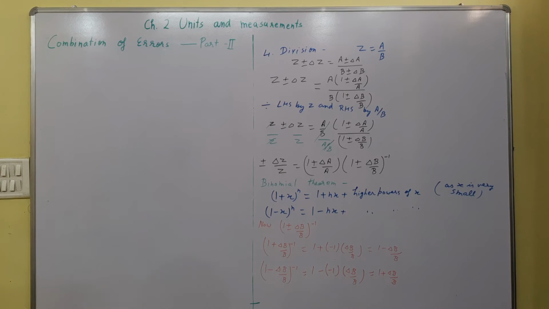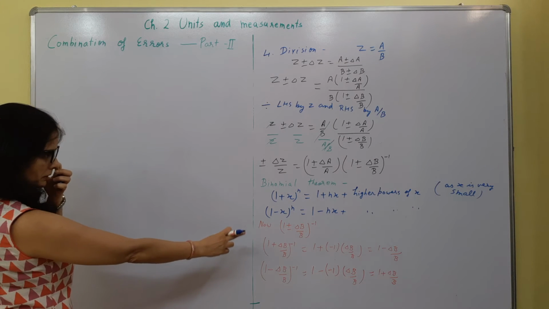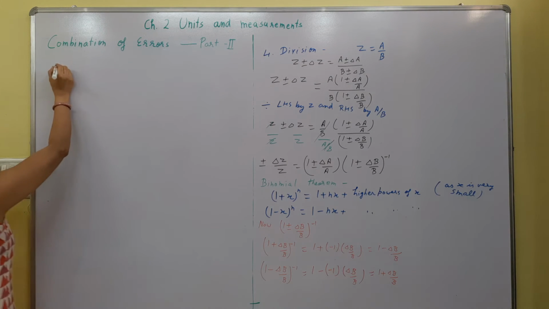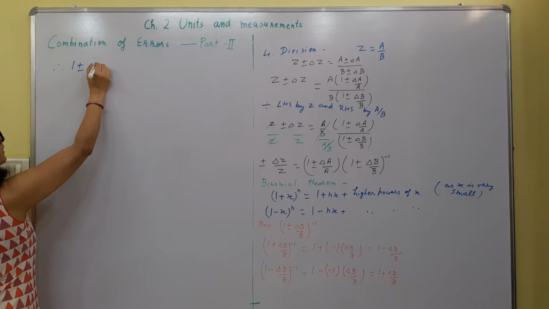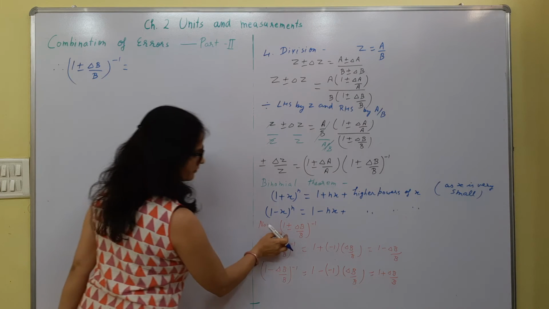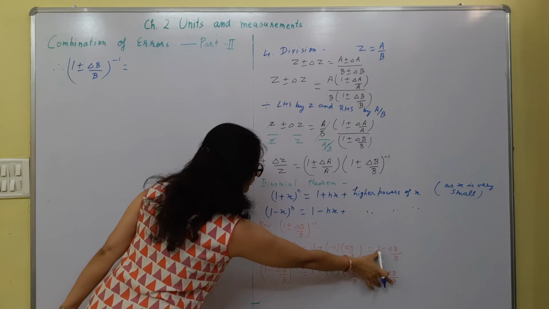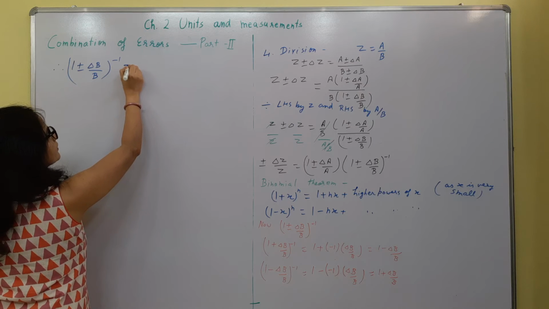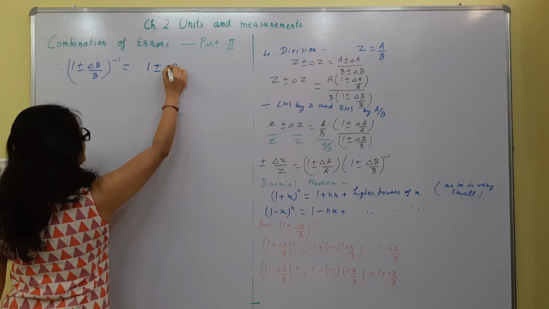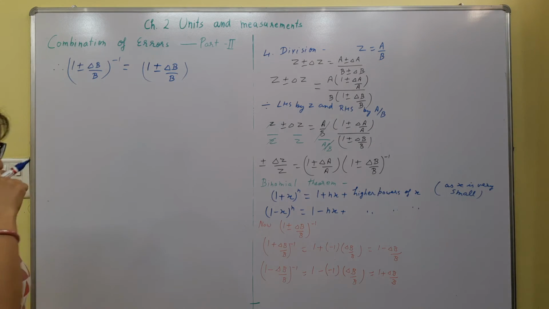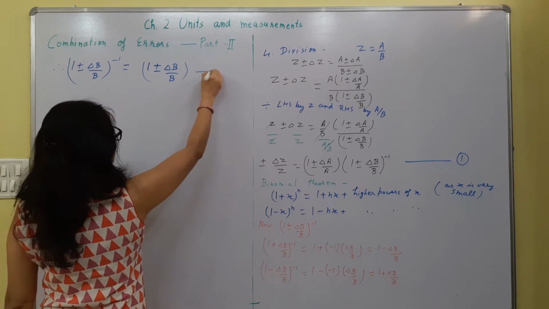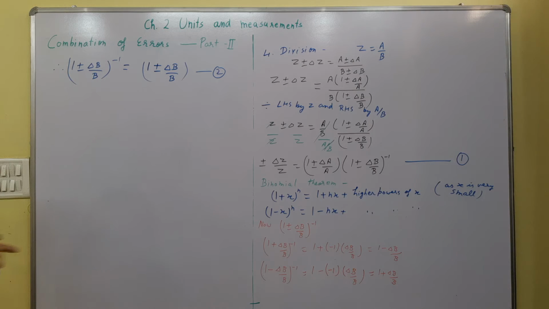So this can be combined again like this, so these results can be combined like this. We can write (1 ± Δb/b)^-1. This was broken to get these two results. Now these can be combined together to write 1 ± Δb/b, right? If we mark this as equation 1 and this as 2, so from 2 in 1,